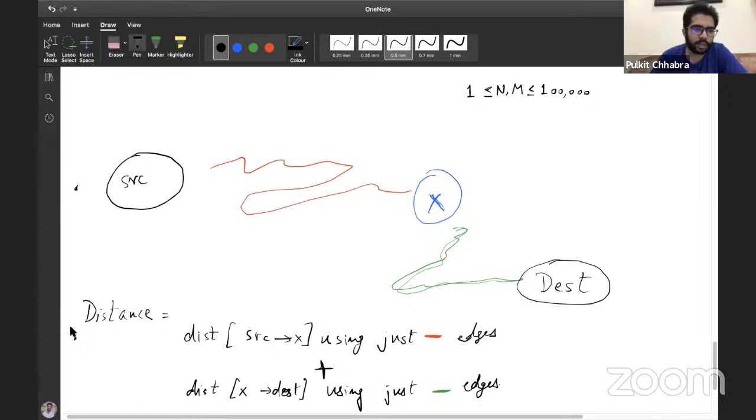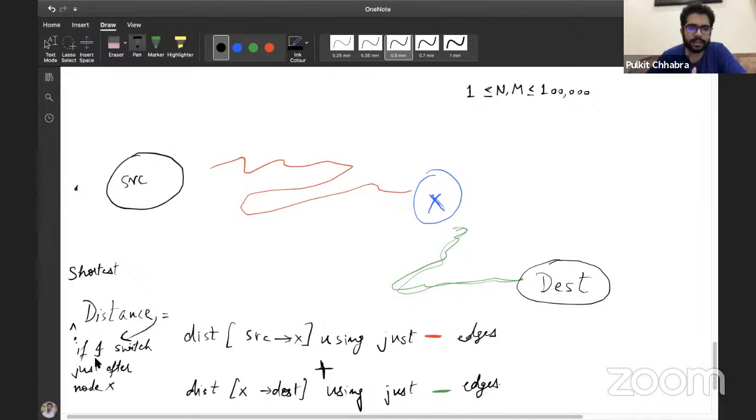So if I just want to calculate the shortest distance, if I switch just after node x, there has to be a point when I switch from red edges to green edges.